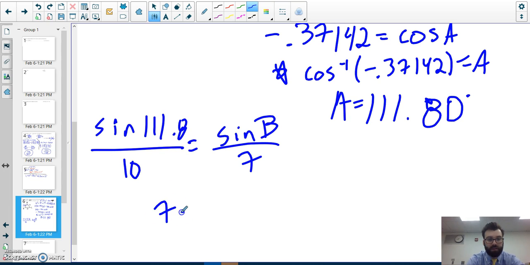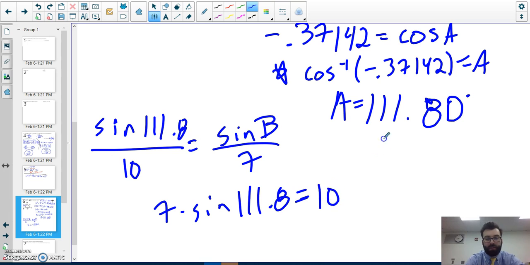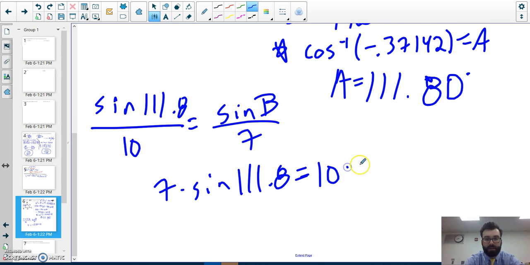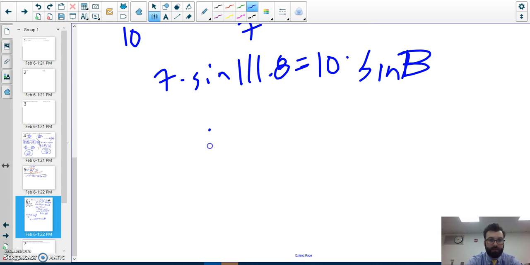So 7 times the sine of 111.8 equals 10 times the sine of B. Divide by 10 and use your sine inverse. I got B to equal,